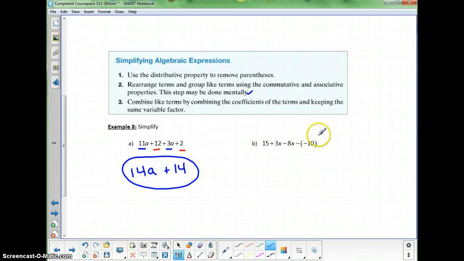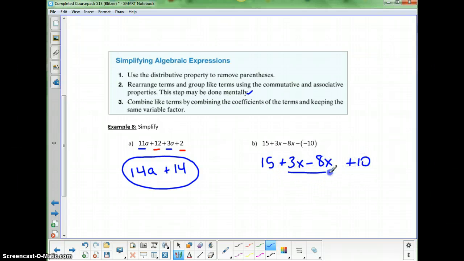In part B, again, I do not have any parentheses that I need to use the distributive property on, but I should simplify this double negative right here. So let me start by writing that as 15 plus 3x minus 8x plus 10, and then we'll look at